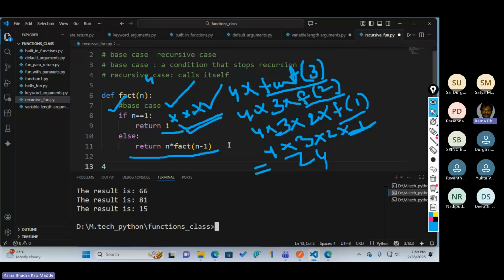If you take a for loop, a function cannot call itself. So that's why you must use this type of concept only. A for loop iteratively will do it. You can write the base case, the terminating part, but a function calling itself is not possible.